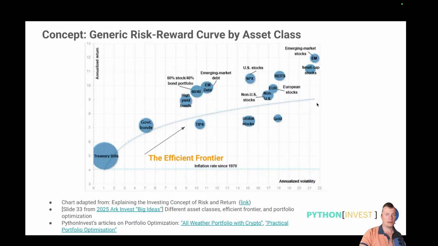And if you combine a few classes or all of these classes, there is a theoretical efficient frontier, which is a theoretical concept, but it's good to understand that if you select a few investment classes, you can get nearly optimal theoretical returns from those classes, and you can calculate those returns using historical correlations.